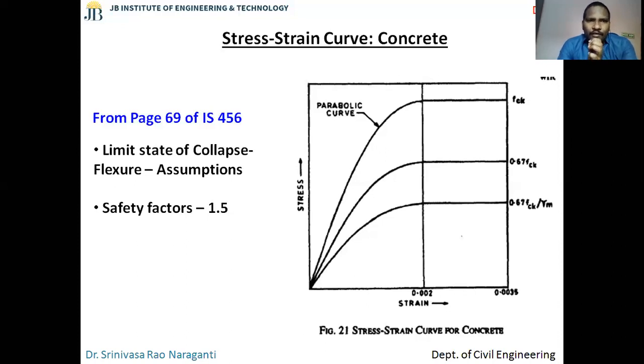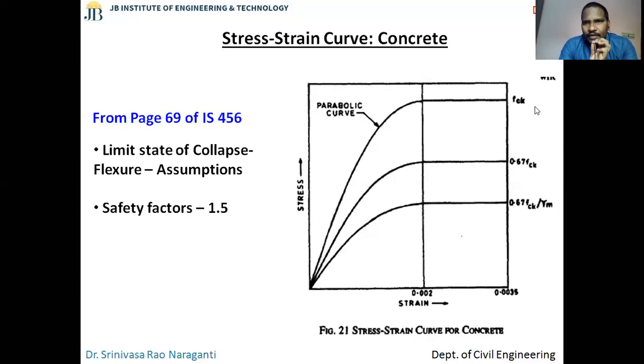Now look at the stress-strain graph, the material behavior that we consider for the design. Throughout my course I'll be referring like this: IS 456:2000 is the main code that we use. Wherever we have relevant material or clauses, I'll be referring to the page numbers. Page number 69 of IS 456 talks about the stress-strain behavior of concrete. Look at the first graph, guys. The moment you conduct a stress-strain test on the concrete, it behaves like this.